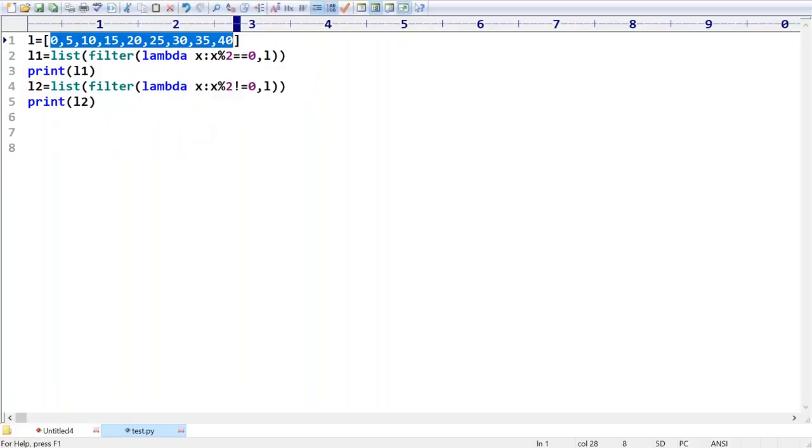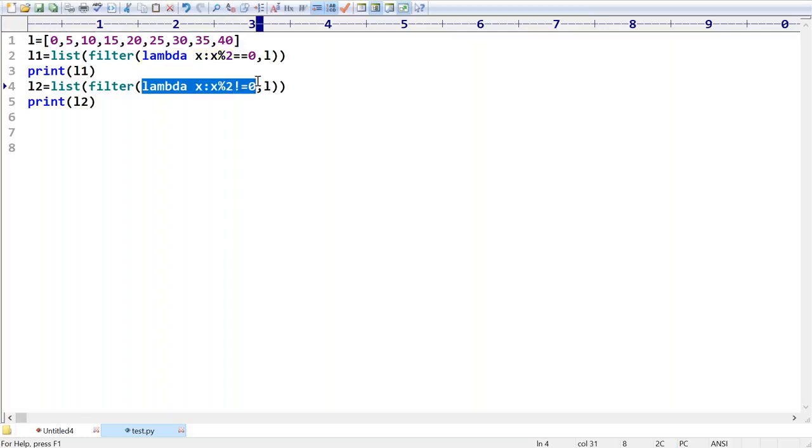But now my requirement is, don't filter. For every value, can you please produce some equivalent value by applying some function? In the case of filter, you are always checking true or false, conditional checks only. But now I'm not talking about conditional checks. Apply some function, find the square root or the cube value or the double value, and produce the equivalent value.